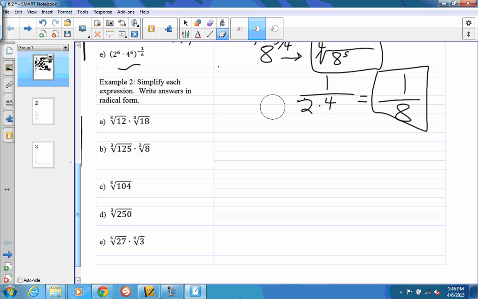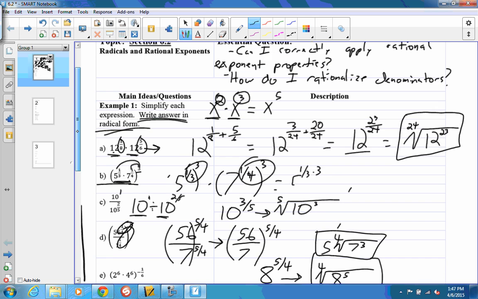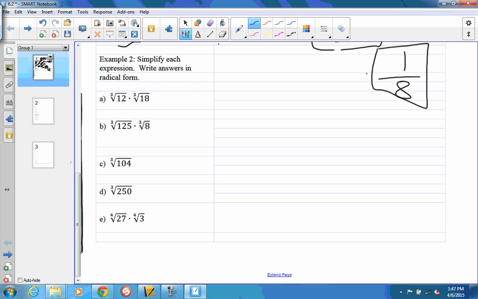Okay, hold on, I gotta erase this. So, simplify each expression, write answers in radical form. Guys, is this the exact same question? Exact same words. This time I'm dealing with radicals. So there's 2 things to really remember when I'm dealing with radicals. I want to look to see if my indices, which are the root, the number root I'm taking,